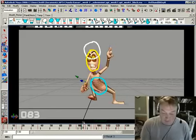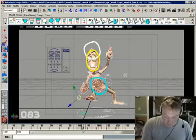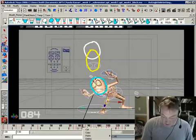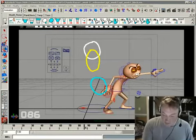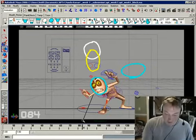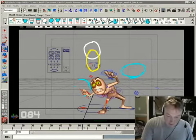There's no way around it. So I go to the 84 key. Let's go ahead and make these tangents linear and go to 85. You're going to have to do something with 85 here to make that shape work, because at 86 the head shape is like this, but he's coming down through here. What would be awesome, and you might be able to do it, is if you can take this shape right here and flatten it. So if we got rid of this shape here and instead did something like this,